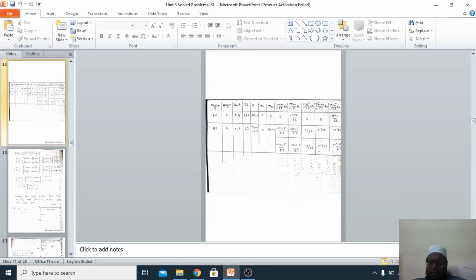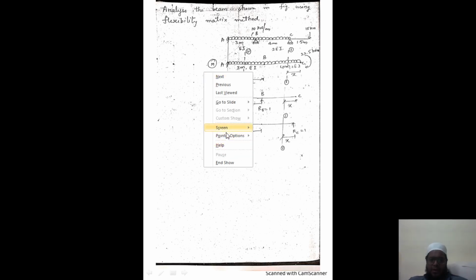So here we'll continue the problem. We'll calculate moments for this M diagram. I'll calculate the moment at this section 1-1. You can see we always try to calculate our moments from the free end, that is from point C. So I'll take you to the next slide. See here very carefully, we have minus 5x square minus 22.5.